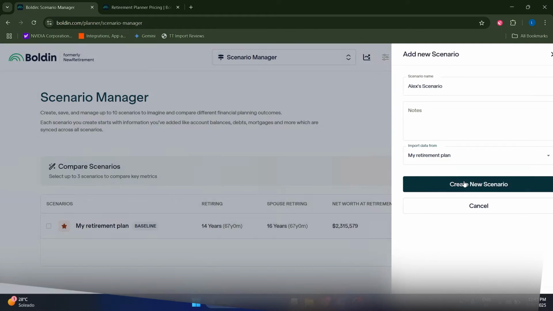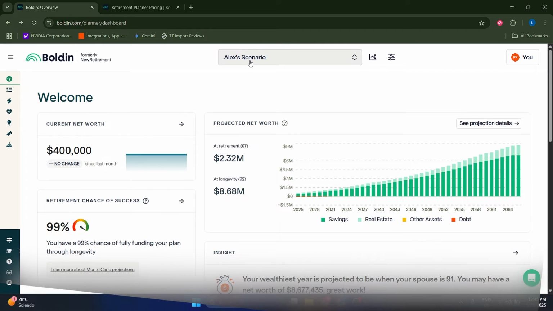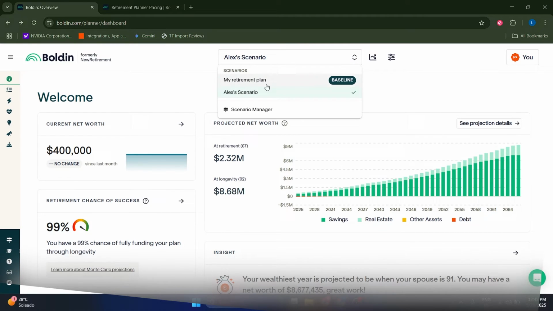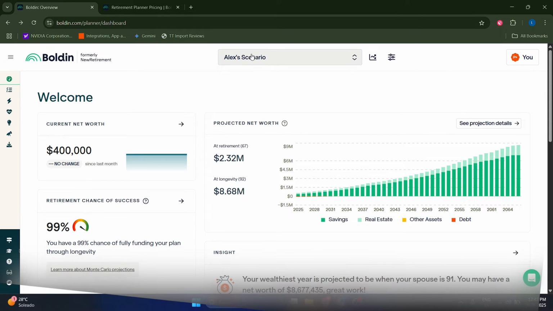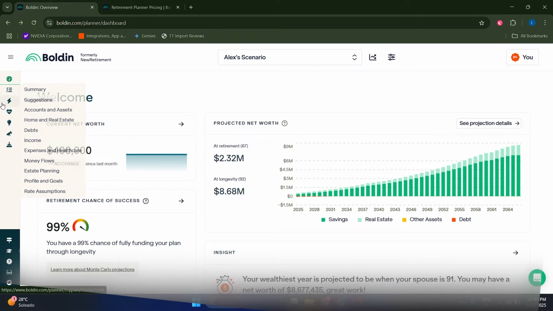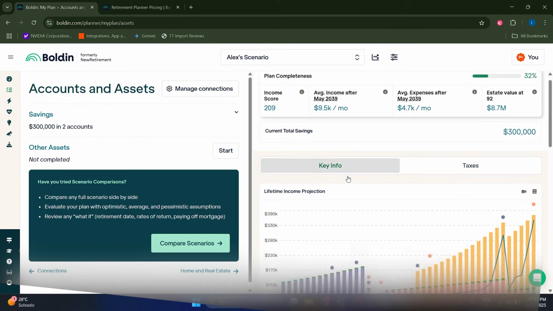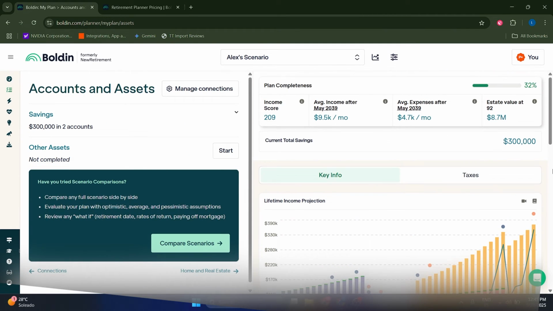So let's click on create new scenario. Great. And you can change between scenarios from here, basically, from your retirement plan to your Alex scenario. And once you are in your Alex scenario, you can just come to your settings in here, like I said before, and you can change the different things that you want to consider in order for the charts to be updated,